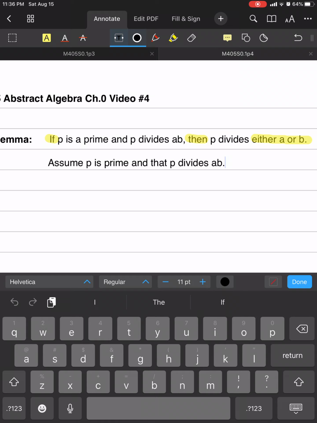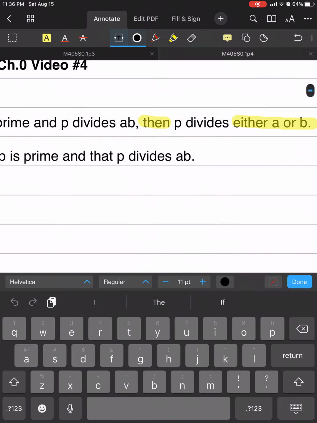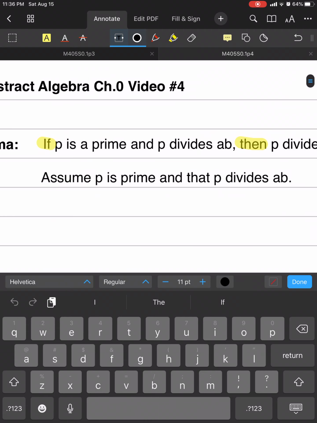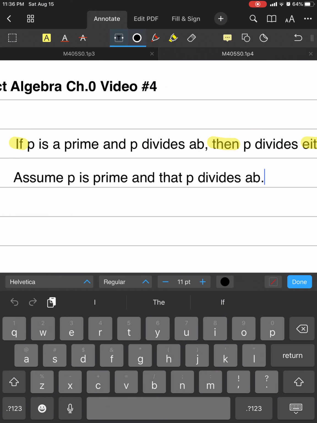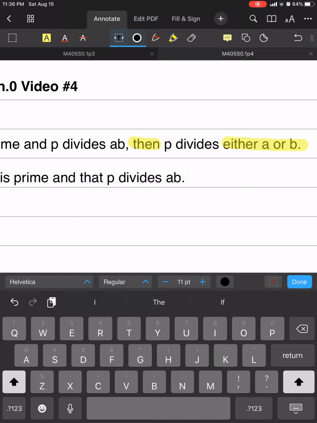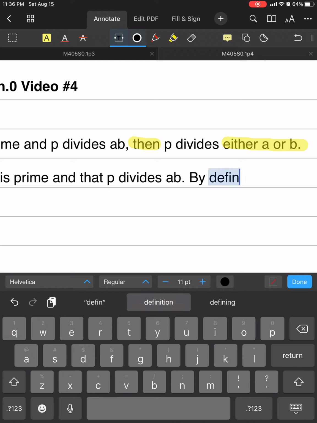So what we're going to do here is we are going to say, we're assuming that P is prime and that P divides AB, and we want to show that P divides either A or B. And this is where we get into the or part. But before we do that, let's actually say what we mean by P divides AB. So by definition here,